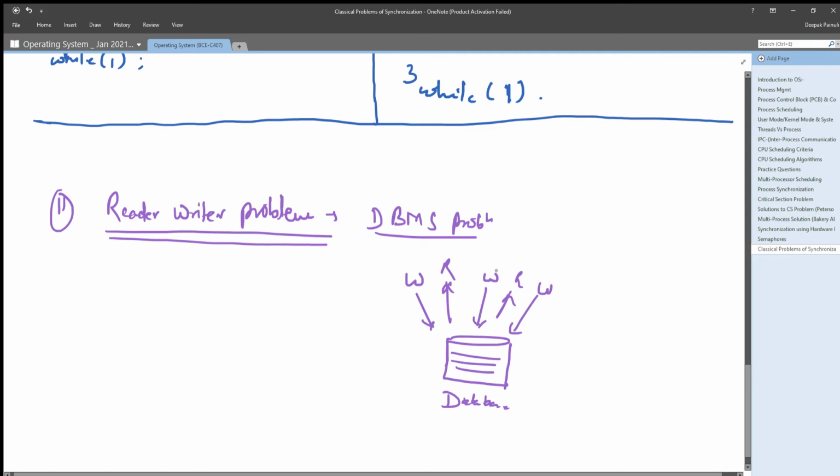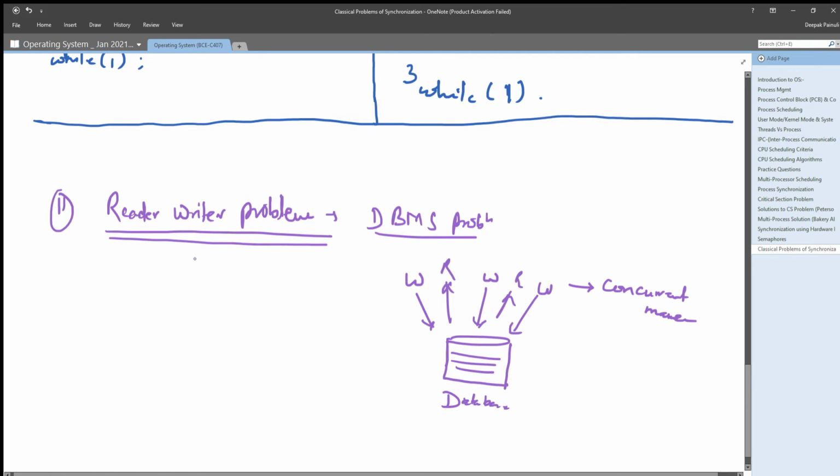So this reading and writing is done in a concurrent manner. Only in that condition do we have a problem. Otherwise, if reading and writing happen at different times, then there will be no problem, because once a reader has completed its task, only then will the writer start its task, right?